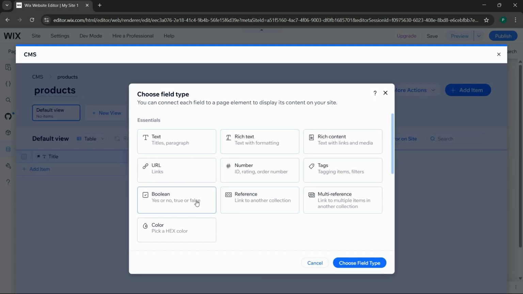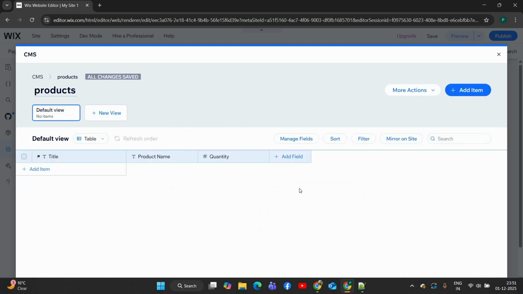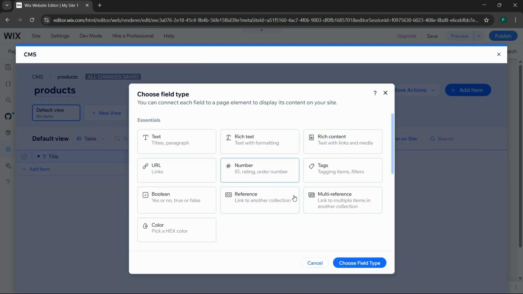In the same way I will add one quantity field as well, which will be number type, and I'll make it quantity, okay. Field ID is quantity. I'll save it, and then I will have one more